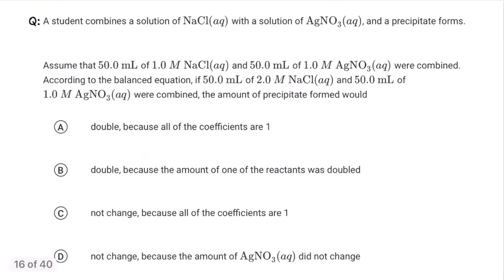A student combines a solution of sodium chloride in aqueous with a solution of silver nitrate in aqueous and a precipitate forms. Assume that 50 milliliters of 1.0 molar sodium chloride and 50 milliliters of 1.0 molar silver nitrate were combined. According to the balanced equation, if 50 milliliters of 2 molar sodium chloride in aqueous and 50 milliliters of the 1 molar silver nitrate were combined, the amount of precipitate formed would be